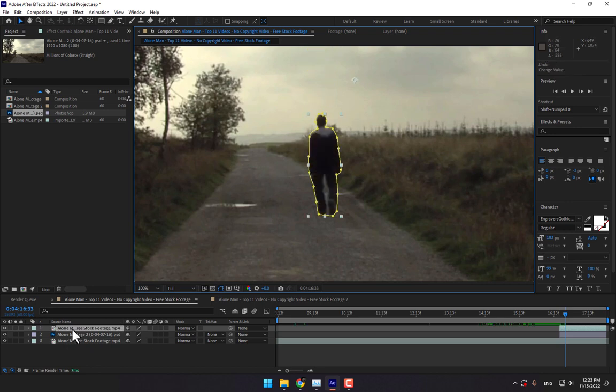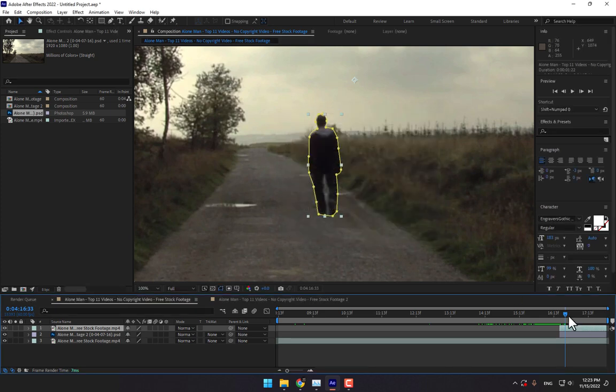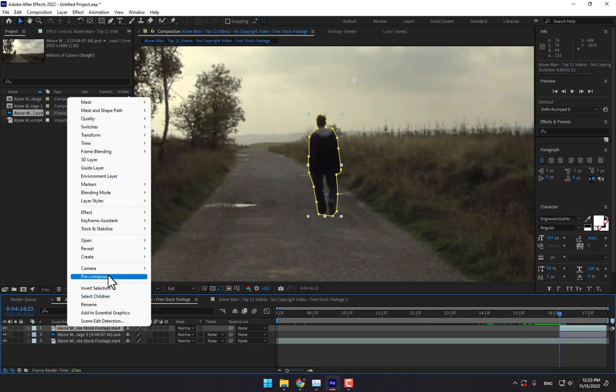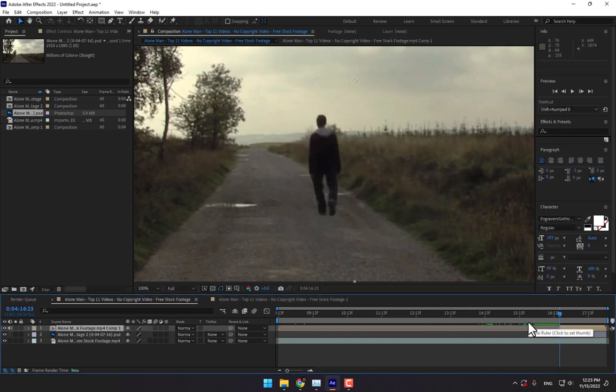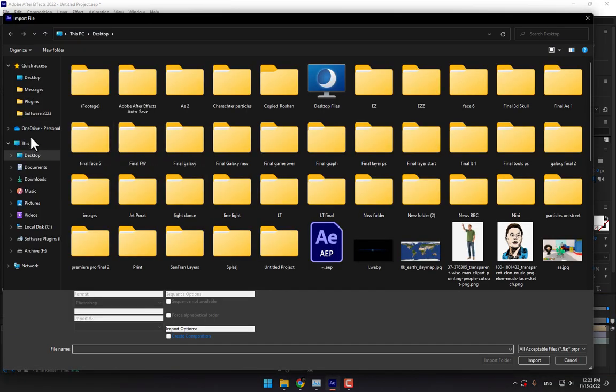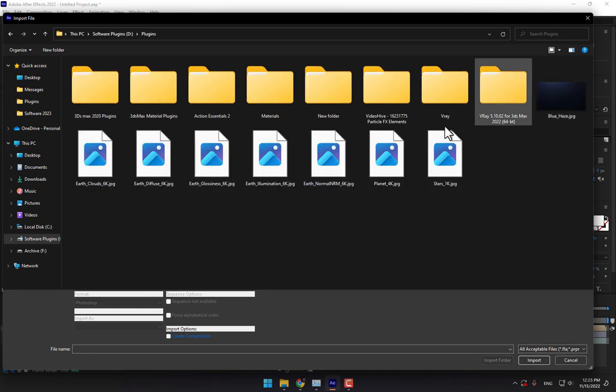Don't forget, right click, pre-compose. Before making pre-compose, right click, pre-compose, move all attributes, press OK, Alt break, and double click. You must have the bundles of